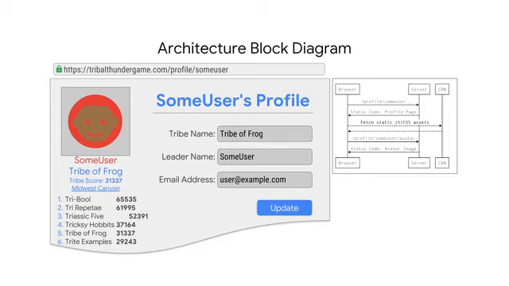Our game also allows players to log into their account via a web browser and keep track of their settlement while they aren't actively playing on their device. One of the things players can do while logged in is visiting the profile page for their in-game tribe. You can see a basic mock-up of what this profile page might look like for a user, along with a sequence diagram showing the client-server interactions that occur when our infrastructure serves the page.